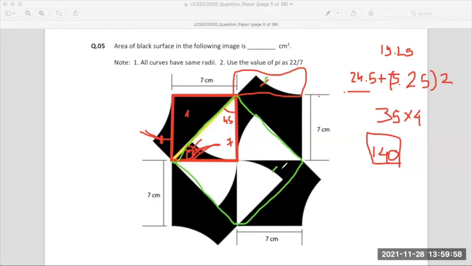Ma'am, your voice is breaking. Ma'am, instead of taking 45 degree for the sector, we can also divide the total area of the circle by 8 because it will be 1/8 part of the circle. To find the single white part, you can divide it by 8. Yeah, that's possible. It will be pi r square upon 8. That's possible because 8 of such parts combine to be a circle. You can do that. Pi r square by 8.